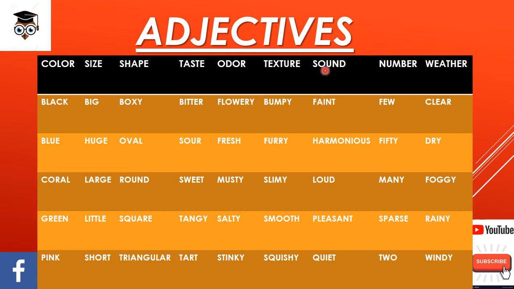Next is sound. Sound can be faint, harmonious, loud, pleasant, or quiet. Numbers: few, 50. Few is an indefinite adjective. 50 is a definite adjective because it is showing a definite number.